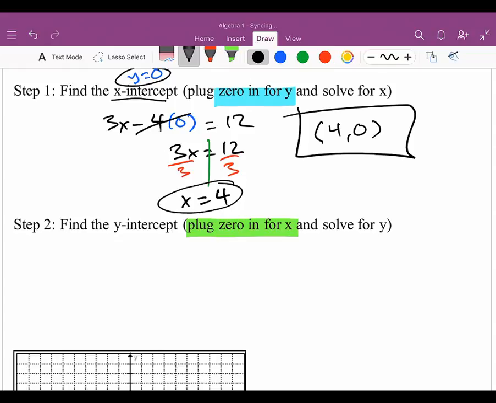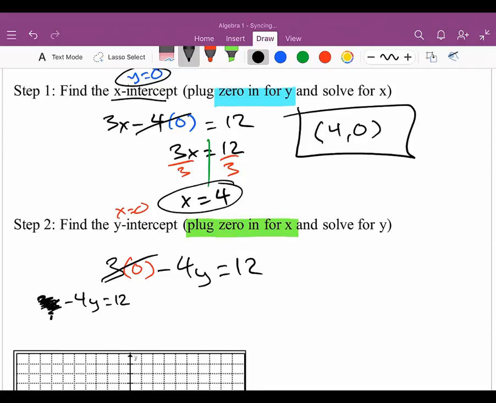If you want to find y, now x has to be 0. Let's plug in 0 for x. 3x now becomes 0 minus 4y equals 12. And again, anything times 0 cancels out. So really, if you're looking at your original equation and you want to find the y-intercept, you can go ahead and